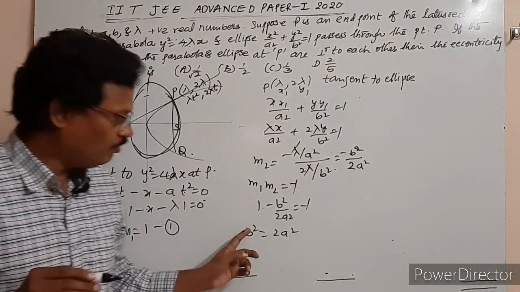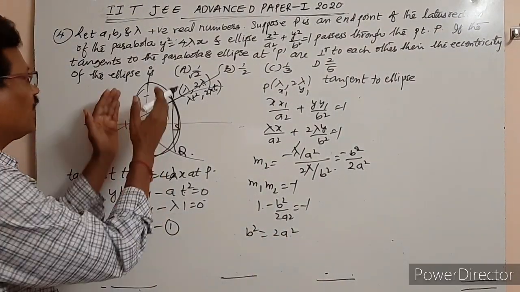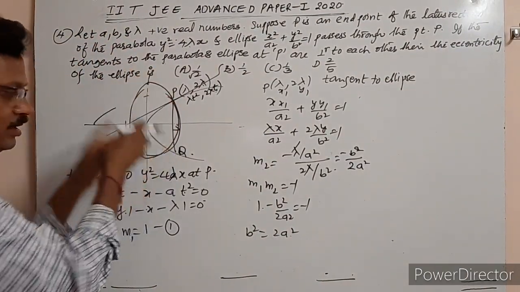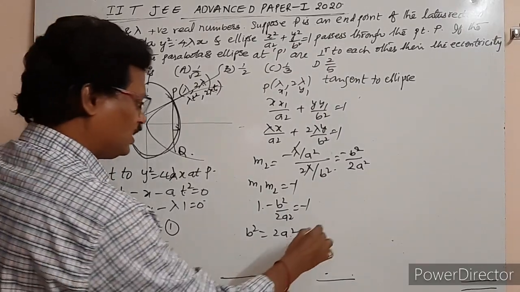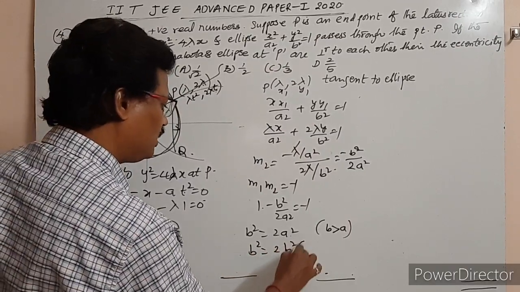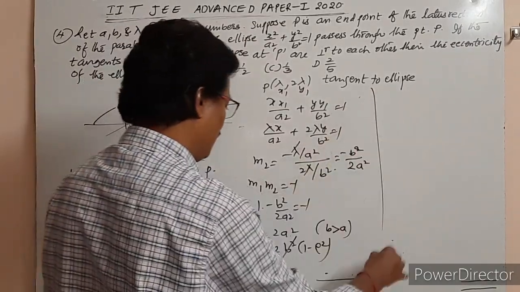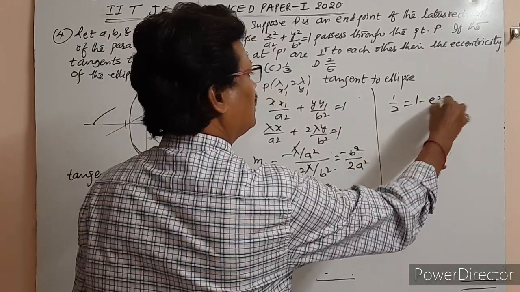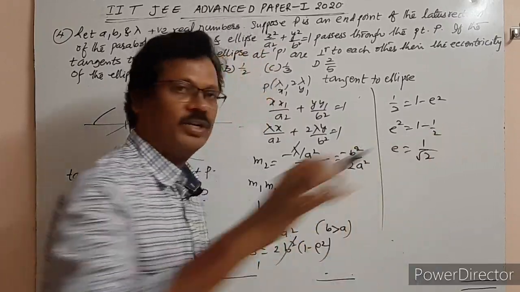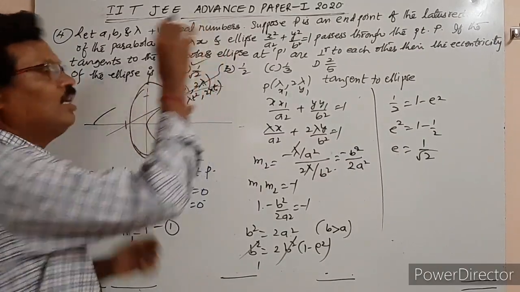Now see here that b square is 2 times a square, which means b square is greater. B square is greater means this 2b length is more than this 2a. That is why the ellipse will be like this. Now, since b is greater than a, a square is b square into 1 minus e square. Therefore cancel the b square. Therefore what we got here is 1 by 2 is equal to 1 minus e square. Therefore e square will be 1 minus 1 by 2, so e will be 1 by root 2. Therefore the eccentricity of the ellipse is 1 by root 2. The first option is correct. Okay.